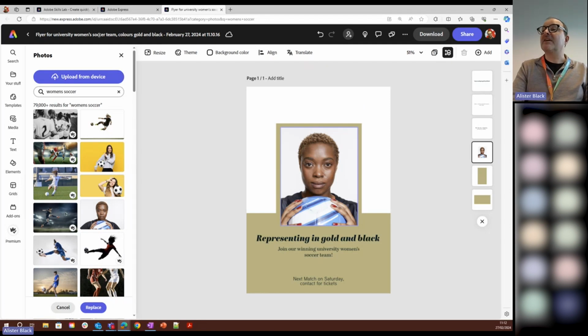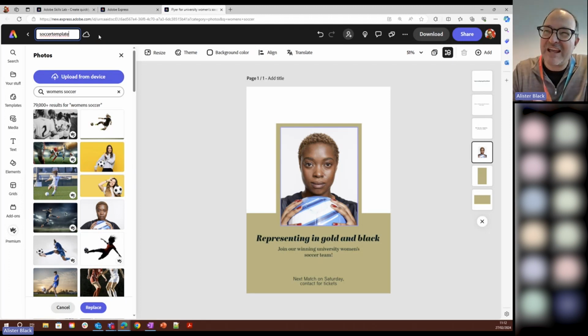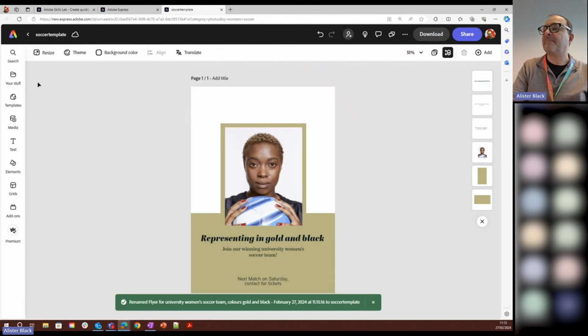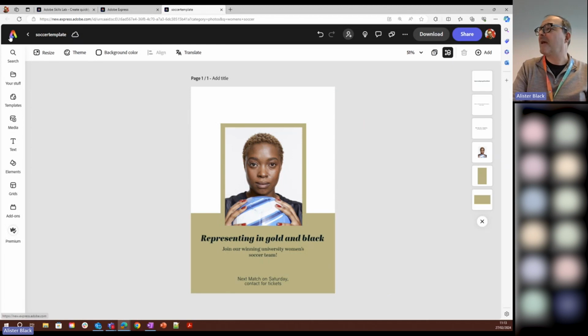Now, a good tip there is to save that. So typically what I would do is just rename that up here. So I'll just go soccer template, because if you go with a default name, if you work with Express a lot, you can end up with a lot of things in your storage. So I'm just going to change that to soccer template. And if I need to find that again, I can go into your stuff over here